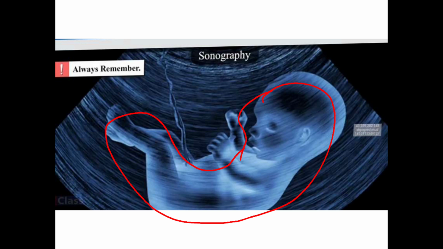As the doctor is able to see all the organs, the patient asks whether the fetus is a male child or female child. You all are aware that in Indian society the preference is given to the male child. Okay, someone had one daughter, a second daughter, and then again the third time they are pregnant, they wanted to know. And if the doctor says yes, it's a female child, then many patients go for abortion. That means they kill the female child in the mother's womb only.